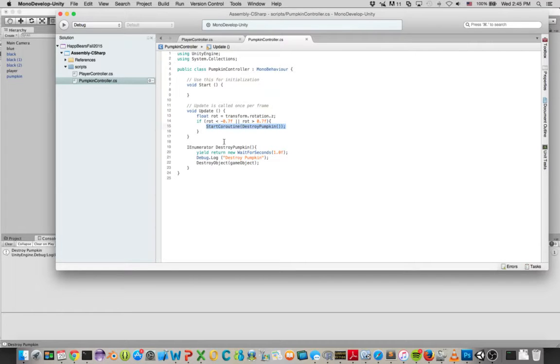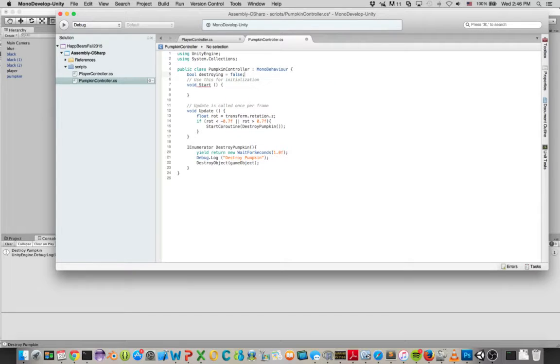So I am going to put a little bit of code in here to prevent that from happening, because we really only want to have this thing go off once. We don't need to have 60 of them. Even though only one will actually get to this point and then delete the other 59, it's still not very clean. So I am going to put in here a Boolean. We'll call it destroying